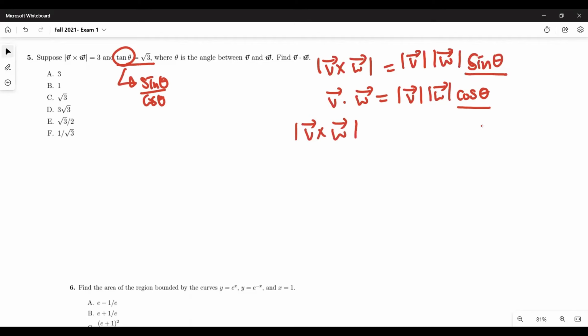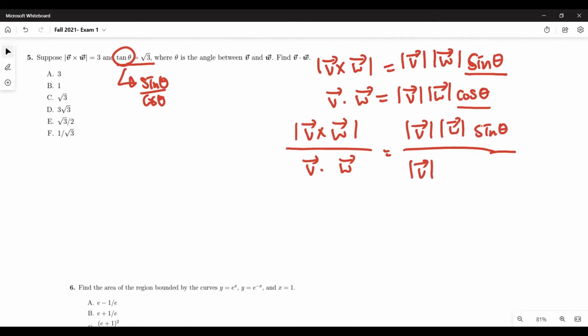The magnitude of B cross W over B dot W equals the magnitude of B times the magnitude of W times sine theta over the magnitude of B times the magnitude of W times cosine theta. The magnitudes of B and W will be cancelled out, and then sine theta over cosine theta can be written as tangent theta. Then the magnitude of B cross W is equal to 3 because we are given that. And then we know B dot W,